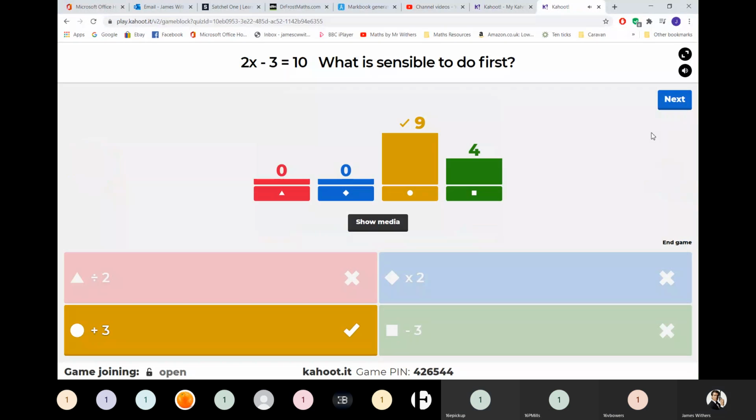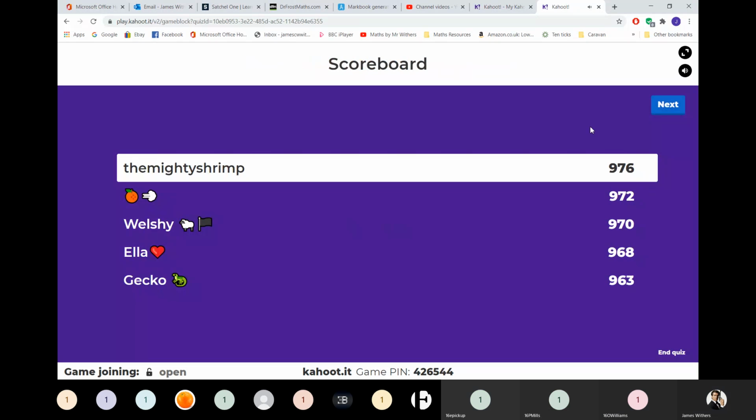Right. Let's look at 13. Oh, we've got 4 of you, top set kids, think to undo a -3. You might go and -3 from both sides. Interesting call, you 4. So we won't go and see who those 4 were, but let's just hope it was just opening question nerves.